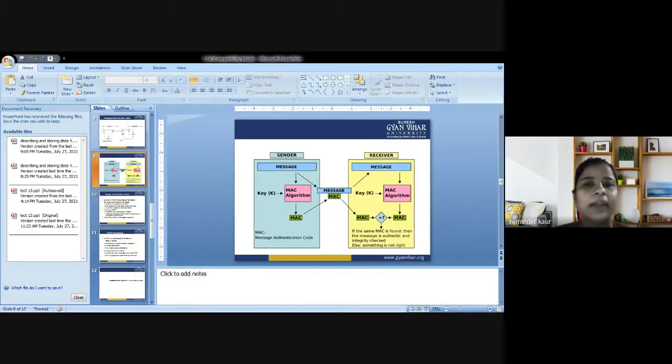Message and MAC tag both are sent to the receiver side, and the receiver in turn runs the message portion of the transmission through the same MAC algorithm using the same key, and produces a second MAC tag. The receiver then compares the first MAC tag received in the transmission to the second generated MAC tag. If they are identical, then the receiver can safely assume that the message was not altered or tampered with during the transmission, which means that data integrity is achieved.